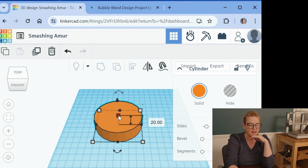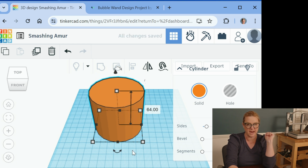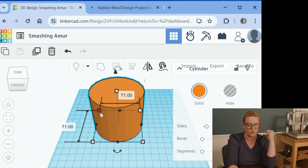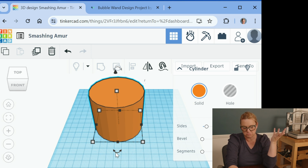Now, this is going to be the height, which is 20 millimeters. If I drag that up, it's going to change my height. So now I can always check my dimensions right here. I can rotate it, which with the cylinder I don't really need to. But what I can also do is